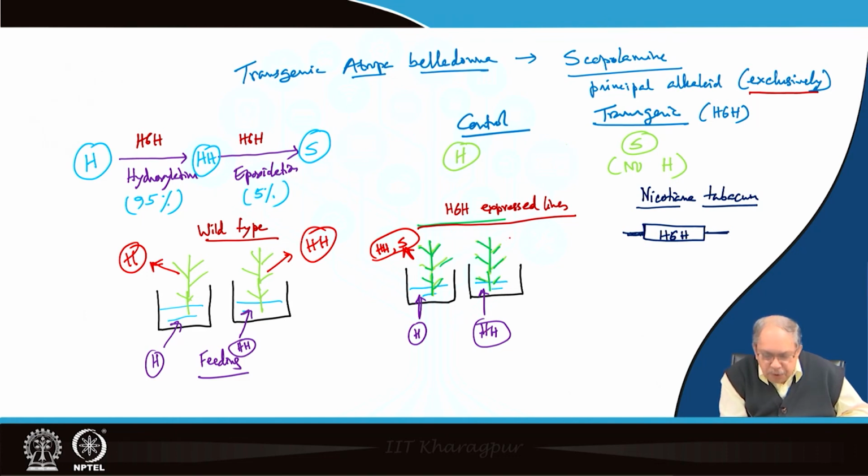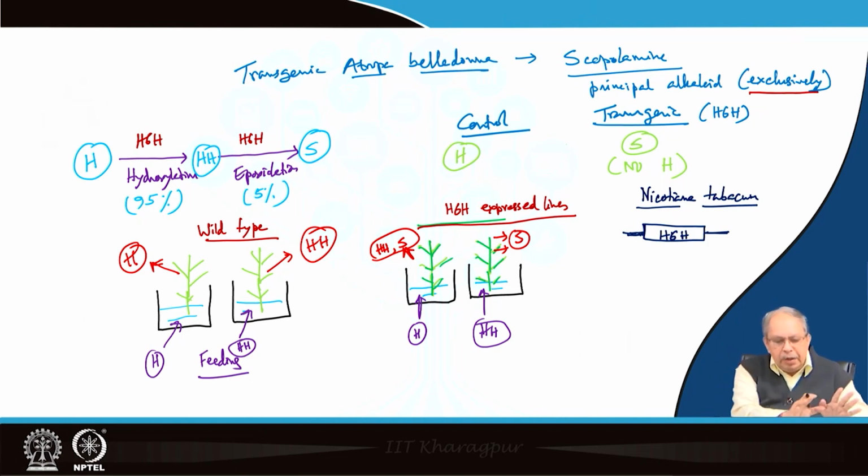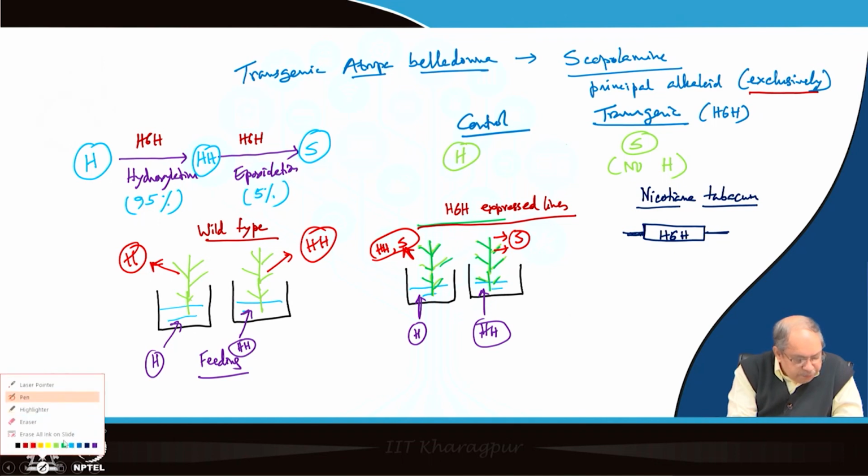So, if 5% epoxidase is sufficient enough, then you will see only scopolamine, and exactly that is what happened. In wild type, what you fed, you got the same thing. In the transgenic tobacco plant, when you fed the first substrate, that is hyoscyamin, it is converted into hydroxyhyoscyamin and scopolamine. So, you can get both HH and S, but when you fed hydroxyhyoscyamin, all hydroxyhyoscyamin got converted into scopolamine. That means what? The 5%